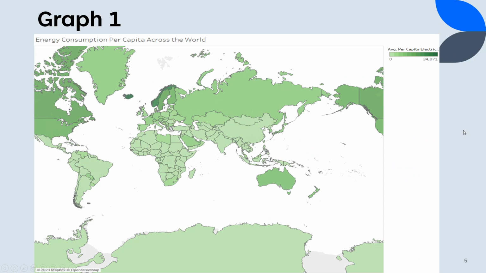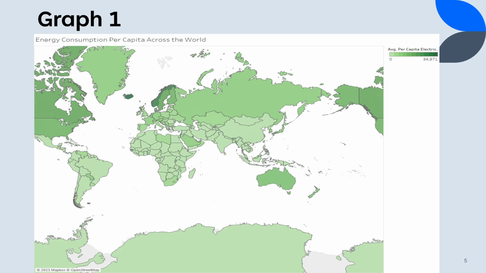To start, I made this graph as my initial visualization. It is a choropleth of the world. I've made this specific type of graph because, according to Wilke, a choropleth is an amazing way to see how quantity varies across different locations. And as you can see with this, it works really well. You can tell that the entire world uses power, but it is more condensed heavily in certain countries, such as Norway.